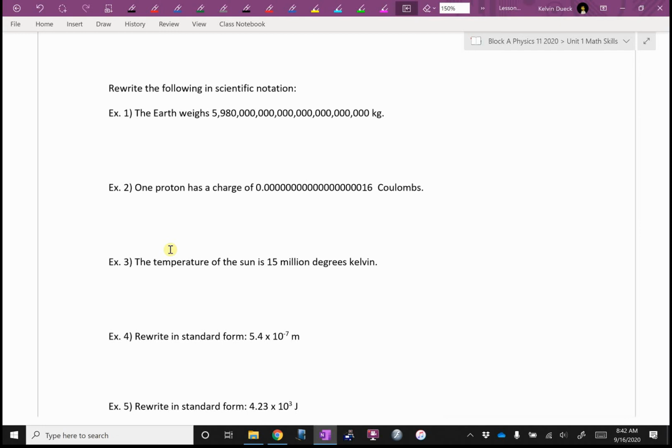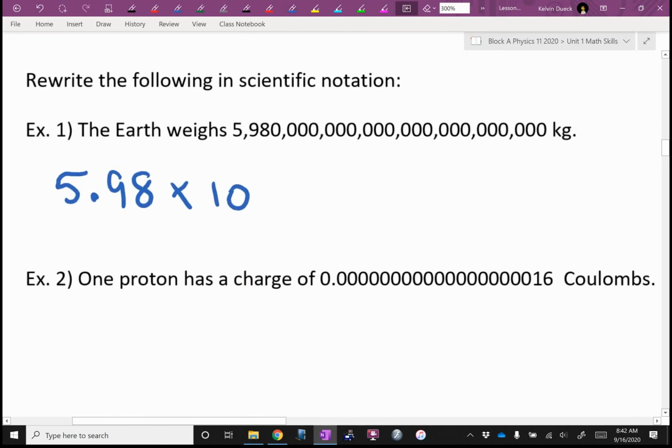But for now, what will I do? Well, the decimal goes after the first non-zero number. So 5.98 times 10 to the... I find for stuff like this, something this big, I might be tempted to actually draw with my pencil and count. 1, 2,